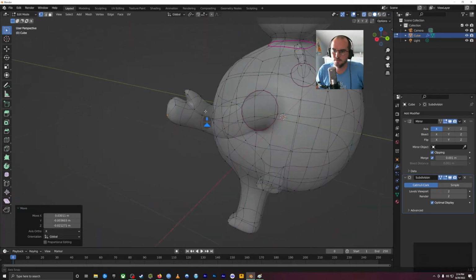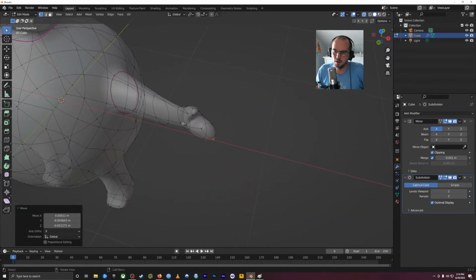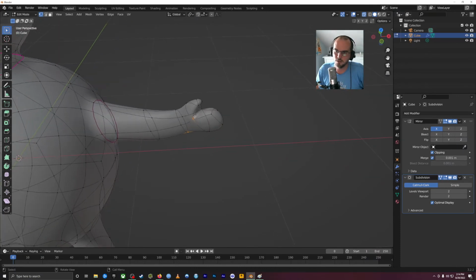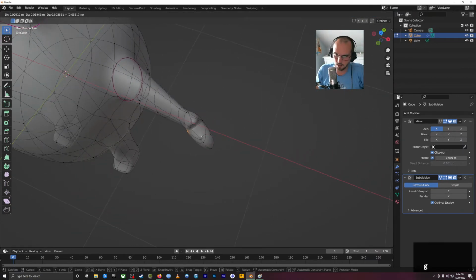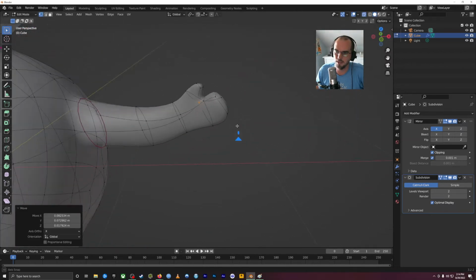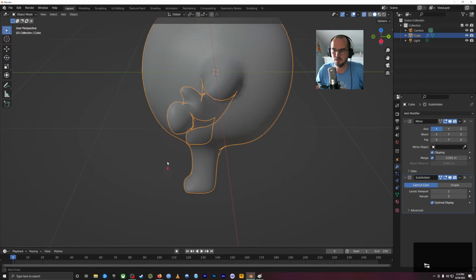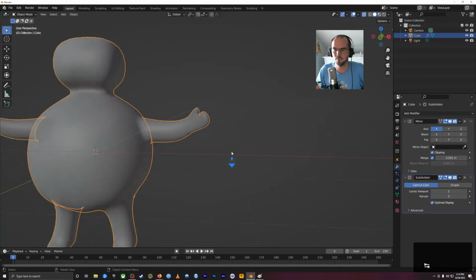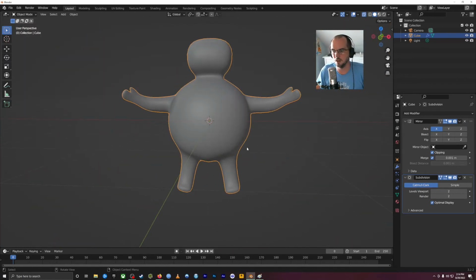Great. Okay, that's feeling a little better. I think just this part of the hand needs to come in a little bit. There we go. Okay, that's feeling better. That's more like a mitten. So just small adjustments will get you there. Arms don't feel too long. It's got stubby legs, but maybe that's part of the character. Okay,